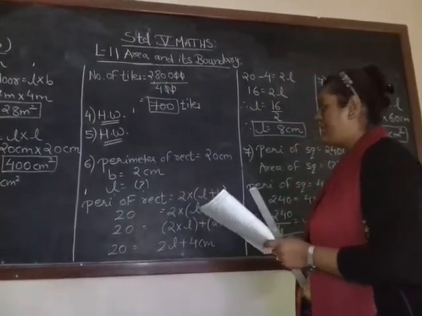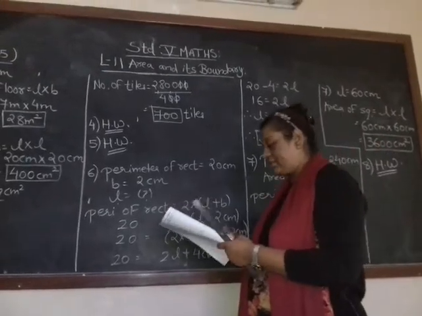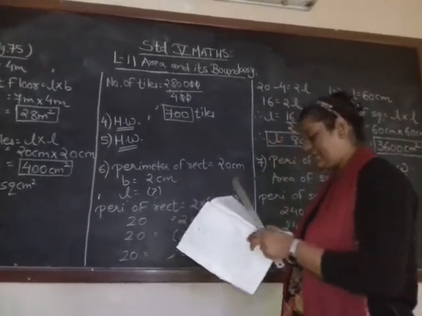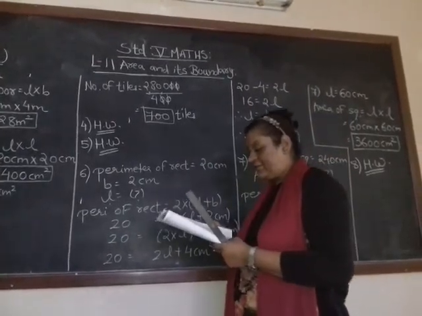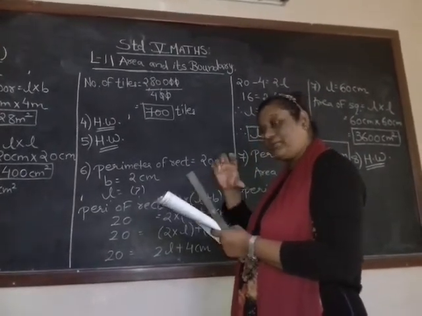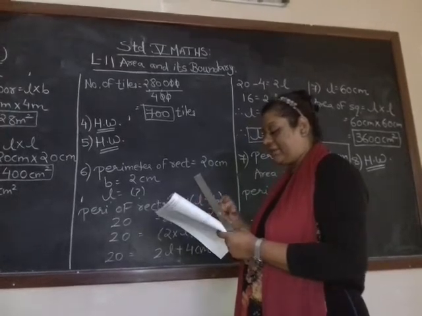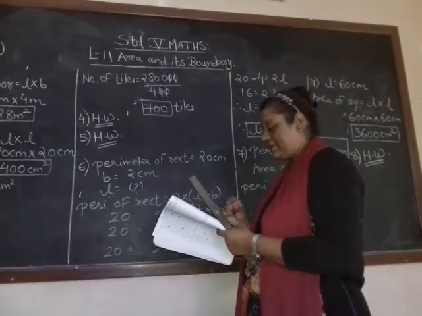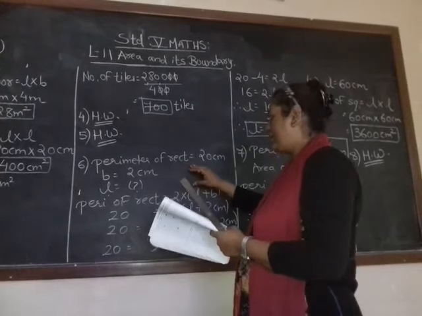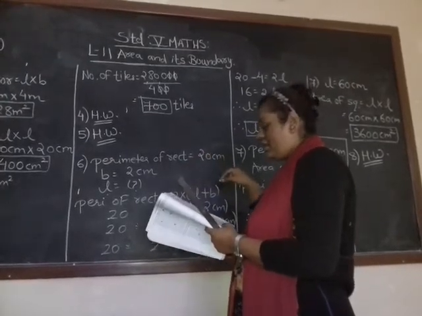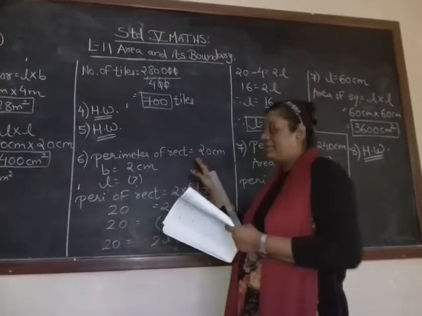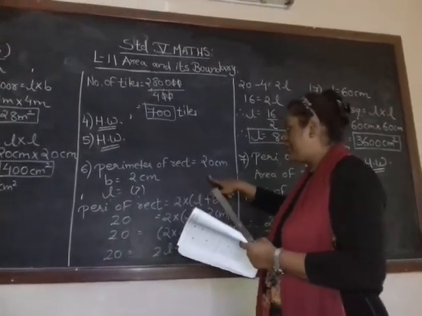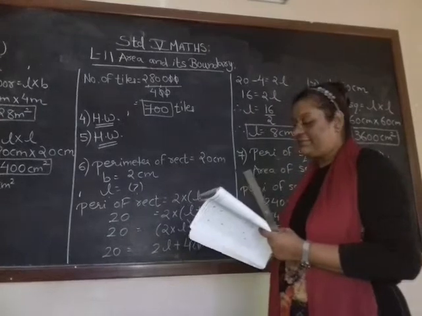Question number 4 and 5 is in the homework. Okay, I proceed to question number 6. That is again different, but it's easy. A rectangle is made from a thin wire. That whole rectangle is made up of thin wire of length 20 centimeter. That whole rectangle when it is made of thin wire, that means perimeter of the rectangle is given, right? Because that rectangle shape is given with the help of a thin wire.